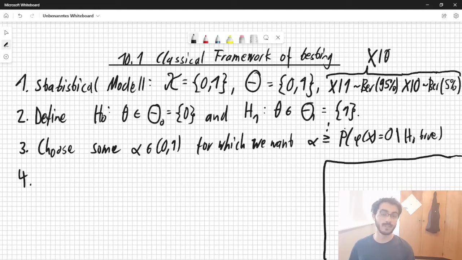And how do we do this? We have to design a test, which is just a function from x to 0 and 1